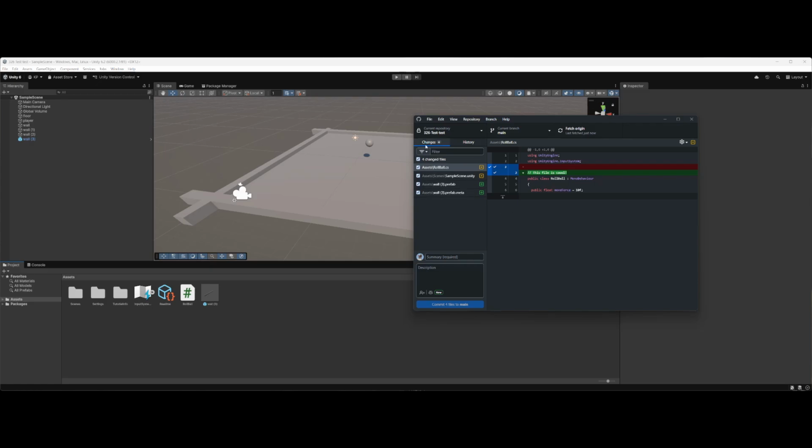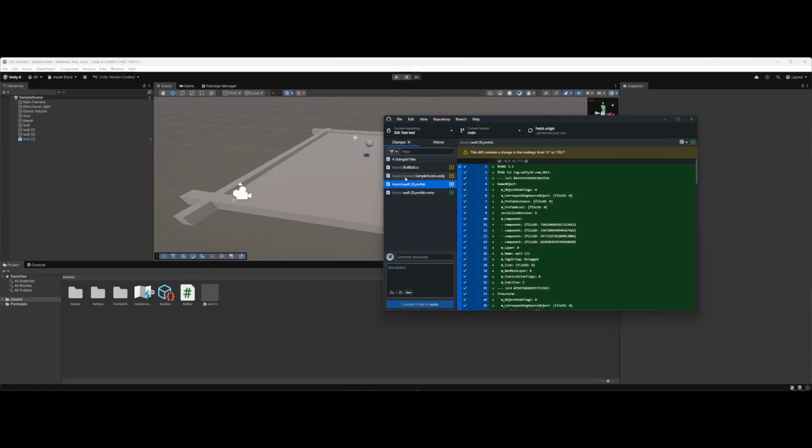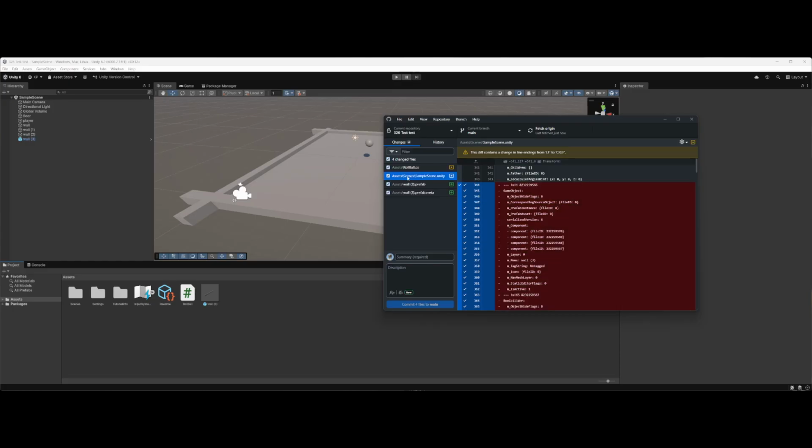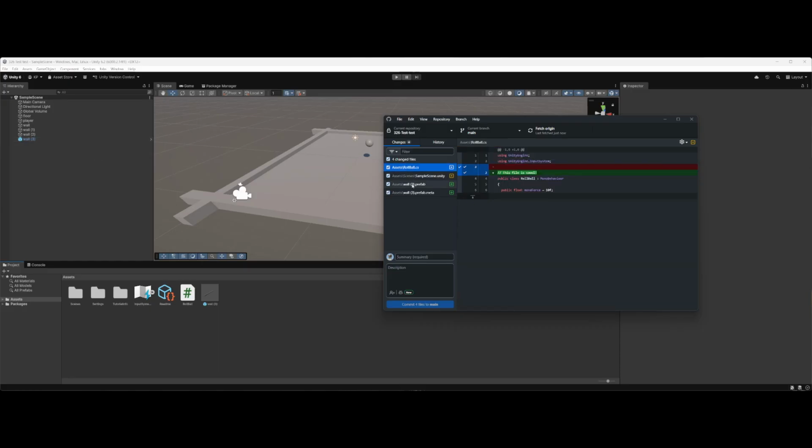And here now in this changes tab, I can see the changes that I have made. You can see we've added Assets wall 3 prefab. There's also a meta file for it. I've made some change to the Unity scene, which in this case, that change was that this wall 3 went from being a regular game object into a prefab. And then I can also see the change I've made in